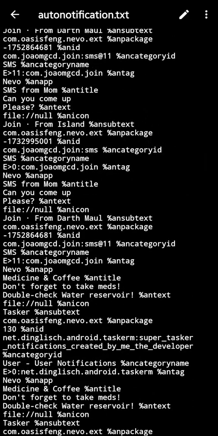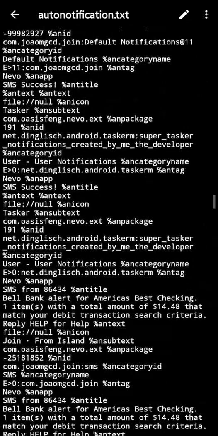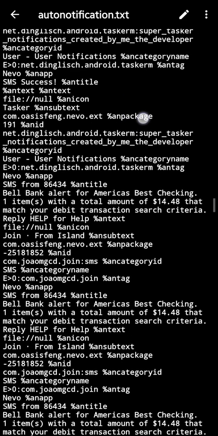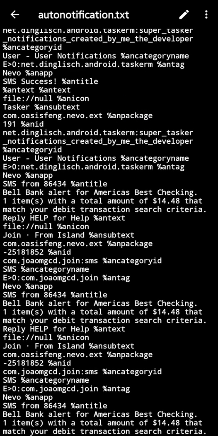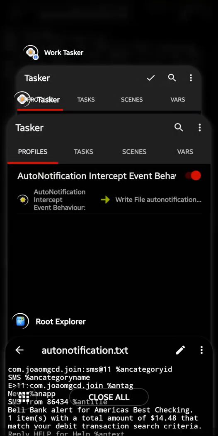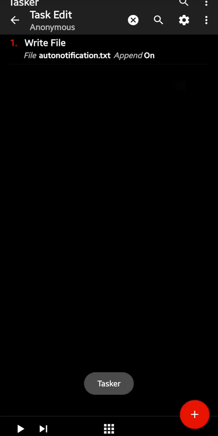See, it's a lot of data, but the important variables we want are package, and title, and subtext, and ID, and category ID. All of those are very important. So let's go back to our task,